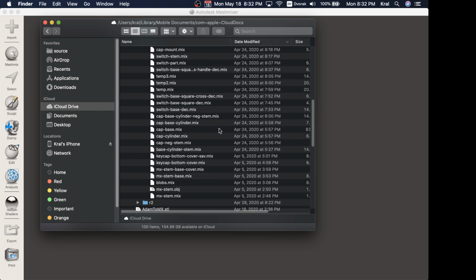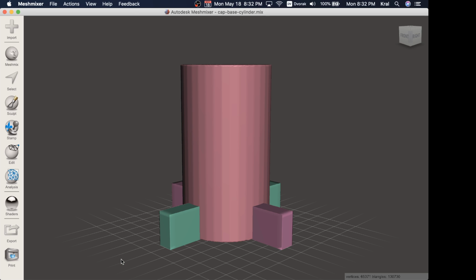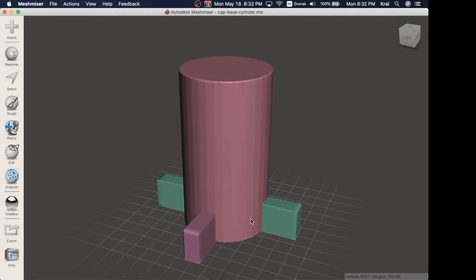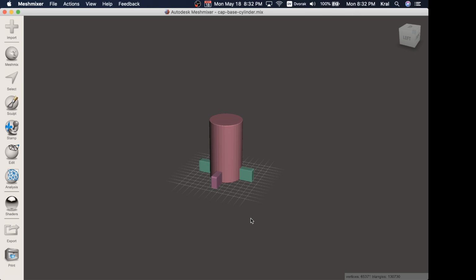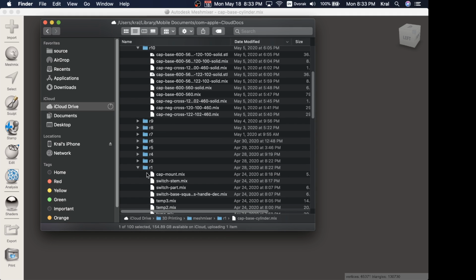If I took, I don't know, what was I doing? This is revision 1, and I probably didn't even know what I was doing, but the mix file is probably a 2D thing. Let's look at this cap base cylinder. I drag this into here. Oh, you can kind of see that this might be a keycap stem replacement that would be in the keycap as a new Cherry MX mount. So that's an example of what I was talking about, but suffice it to say that I ended up printing